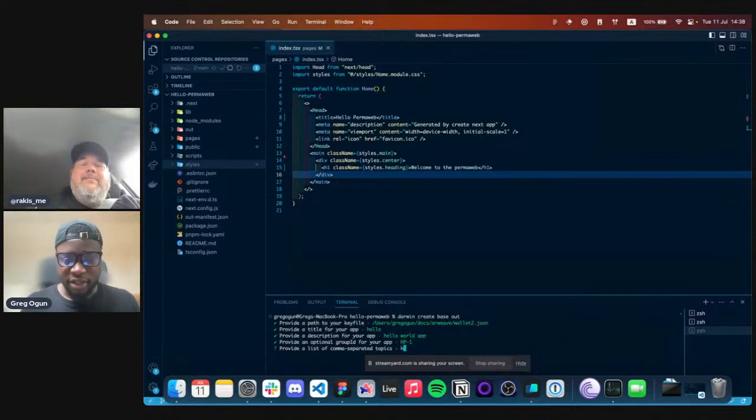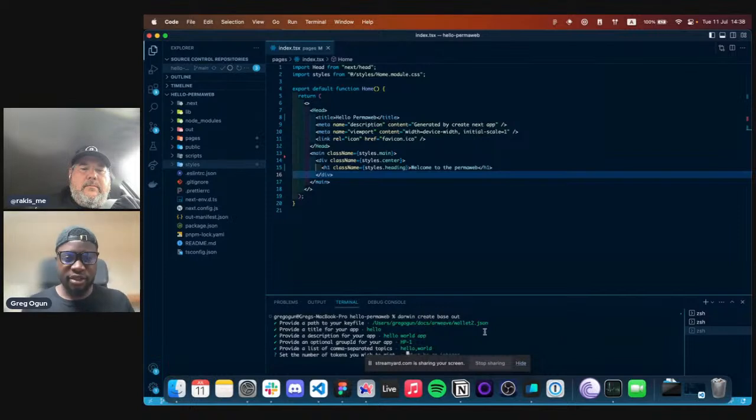Then we can add some topics. This is good for discoverability. So as a builder, it might be good to add things here like the type of app, maybe if it's a social app or a music app. It could even be helpful to include the tooling you use, like the framework, just to give people more of an idea of what they can expect if they fork this. But of course, you can put what you want here. So hello world, we'll just leave it at that.